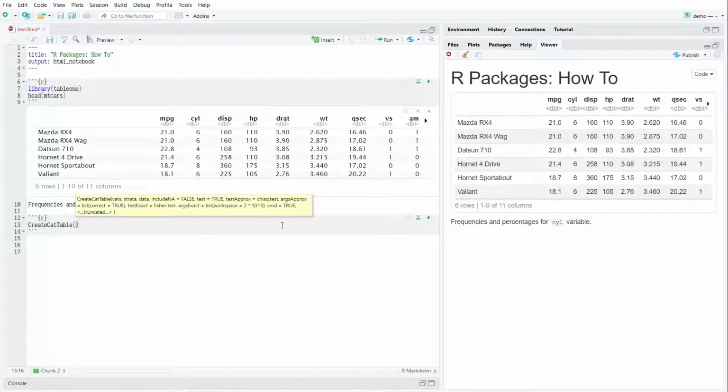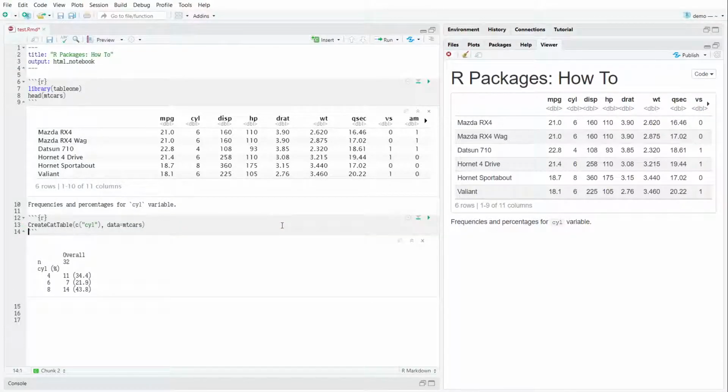When we use this function, we have to tell it first what variables from the data set we want to look at, and we give this as a vector, and then we have to tell it what data we want this to come from. So data equals mtcars,